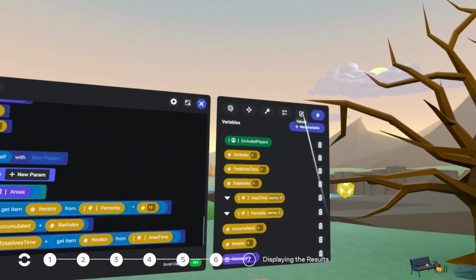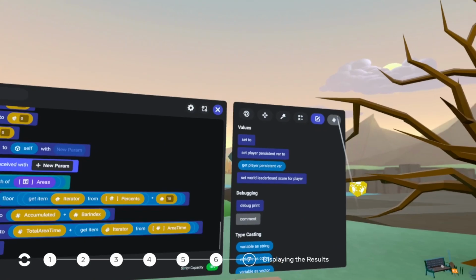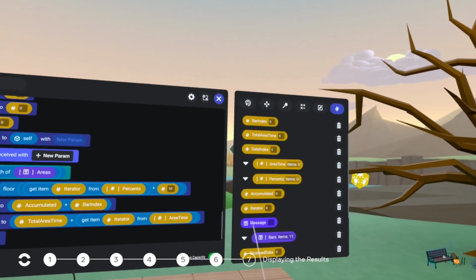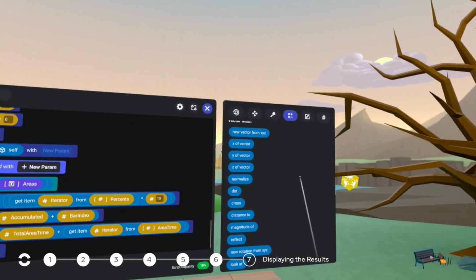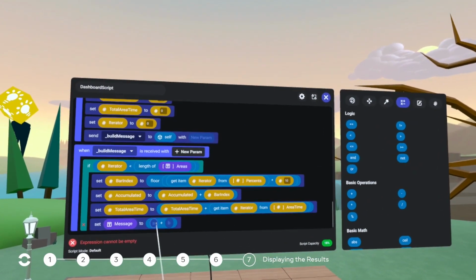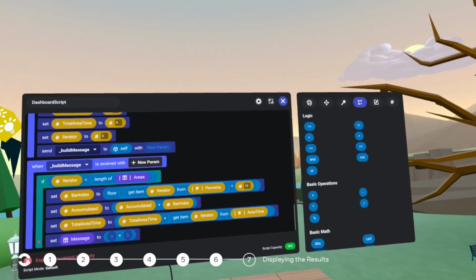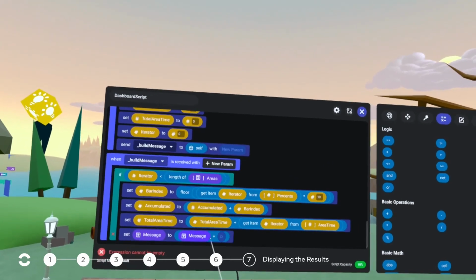And after doing that, we can now set the updated value of the message to be equal to the concatenation, and for that we're going to be using the plus sign to be able to concatenate strings, to the current value of the message, because remember that we're going to be running this in a loop,